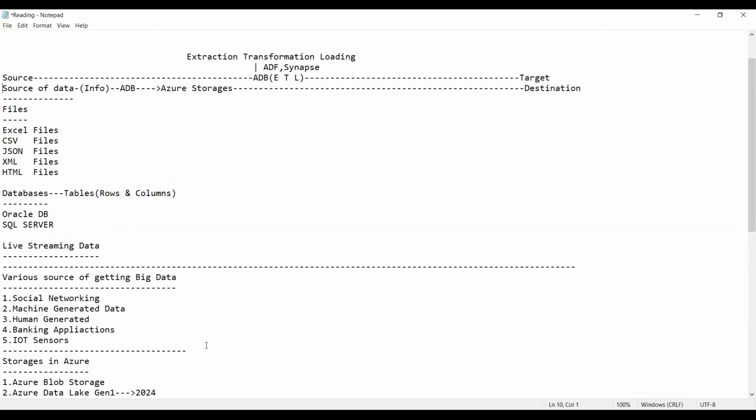We pick up the data from the source, either in the form of files, databases, or live streaming data, and get it into Azure using ADB, Azure Databricks, and we store it into Azure storages. So Azure stores the data first.